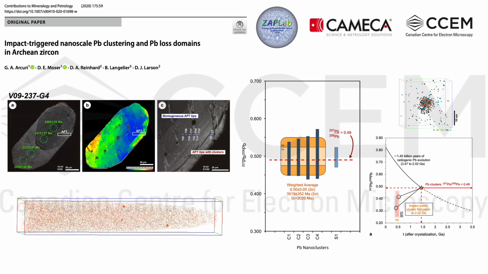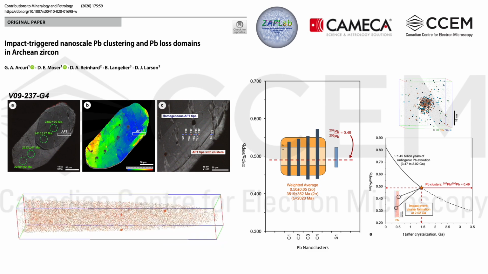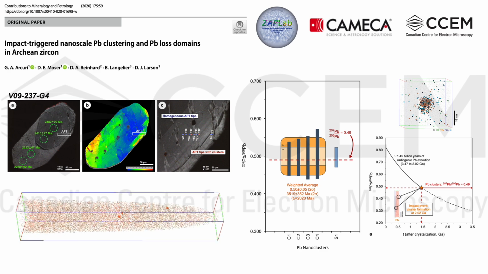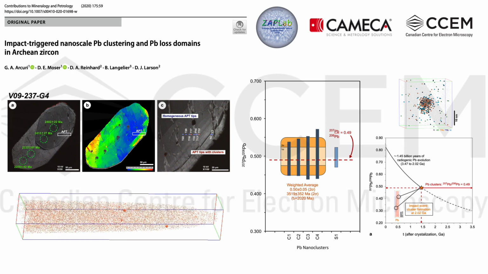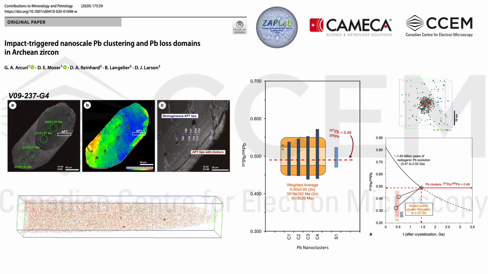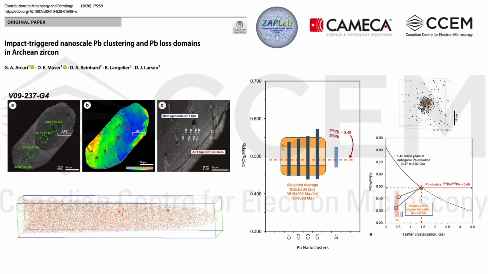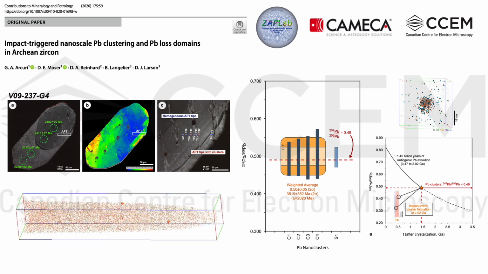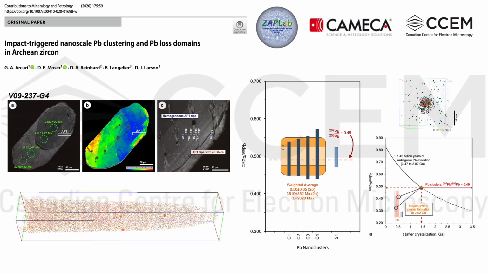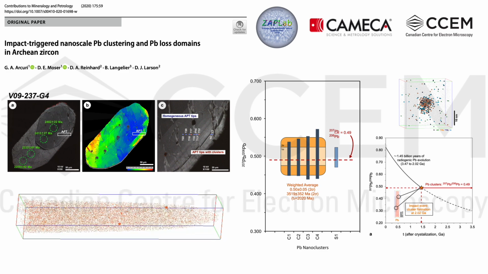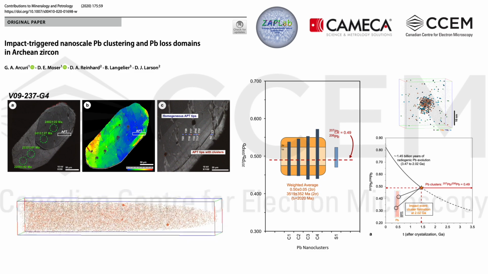And like with John Valley's work, although this lead ratio doesn't represent a meaningful age, the ratio strongly fits a theoretical value for a grain that's 3.4 billion years old that had lead forming inside the lattice for about 1.45 billion years. And then at 2.2 billion years ago, we had our Vredefort impact, and the high temperature and shock from this allowed lead to become mobile and then segregate to these clusters.